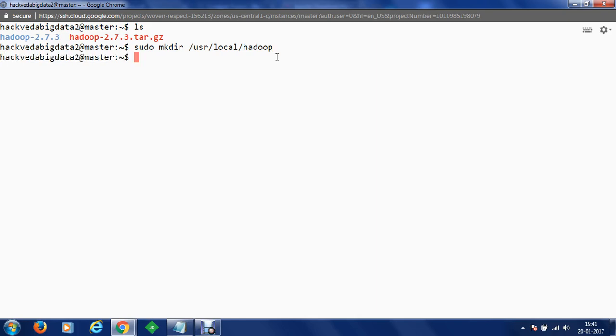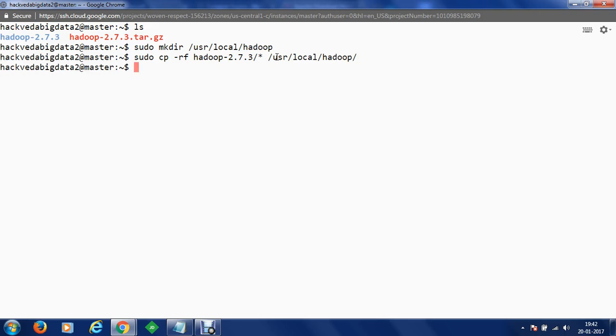Once the directory is made, we are going to copy contents recursively and forcefully from the current directory Hadoop 2.7.3 into the directory user local Hadoop. So every content of this directory will be copied into user local Hadoop.